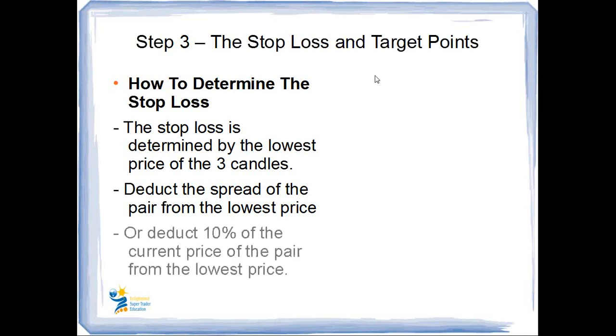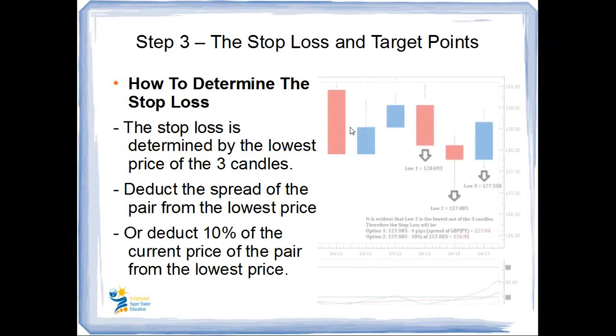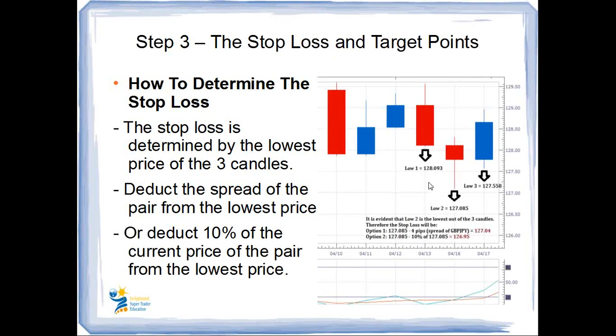Right, step 3, we're going to find the stop loss and the target point. So how to determine the stop loss? The stop loss is determined by the lowest price of the 3 candles. So here's the low of bar 1, the low of bar number 2, the low of bar number 3. We're going to take the lowest out of the whole 3, which is the second bar at 127.08. It is evident that low 2 is the lowest out of the 3 candles,